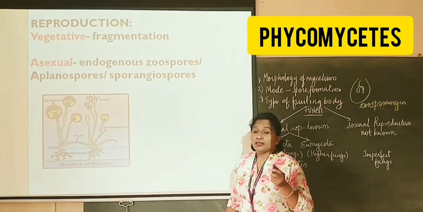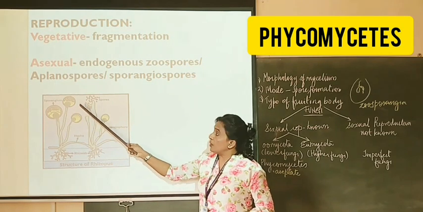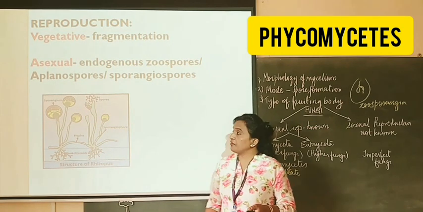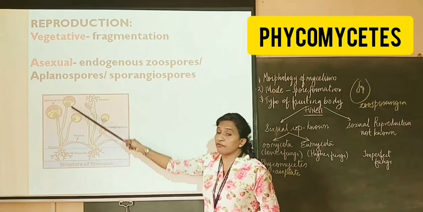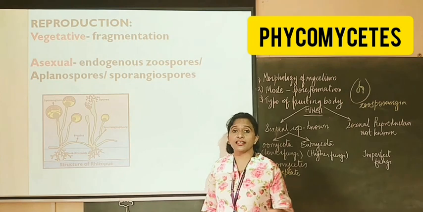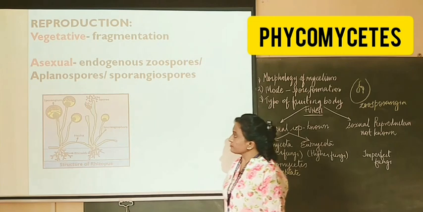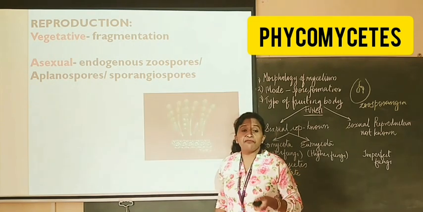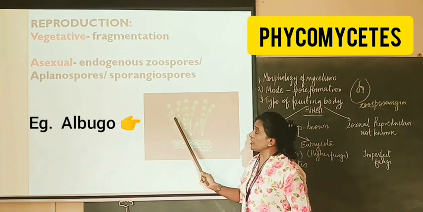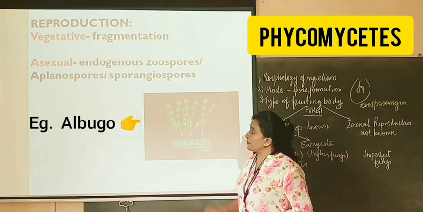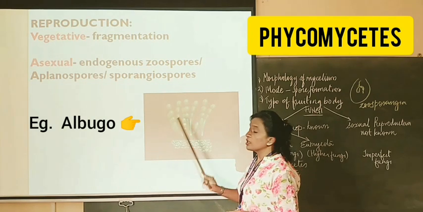Sporangiospores are formed in the fruiting body called sporangia. When the sporangia rupture, the numerous sporangiospores formed inside will be liberated through air current, and each spore will give rise to a new organism. There are some fungal species coming under Phycomycetes wherein the sporangia look like conidia, but these are sporangia having sporangiospores. Okay, these are not conidia.